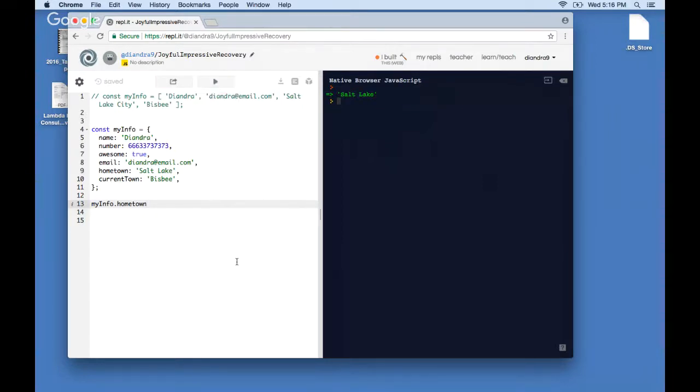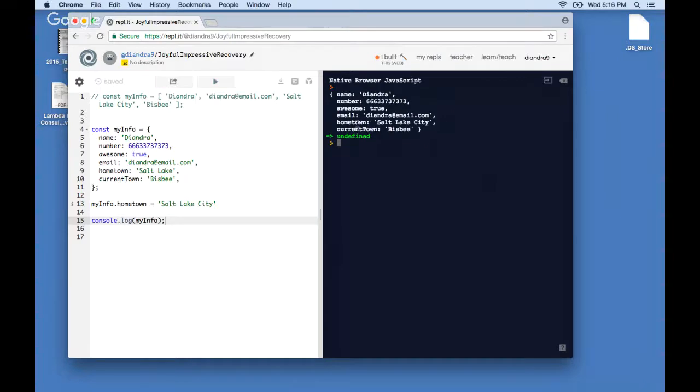As you might expect, we could also use this to update. And exactly as we saw before, we can update it. And as you might guess, we can also delete this way. I won't demonstrate that. So as far as best practices go, you want to use the dot notation. The brackets may seem a little more comfortable because it's similar to the array, but I would stick with dot